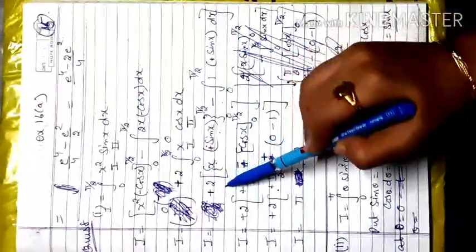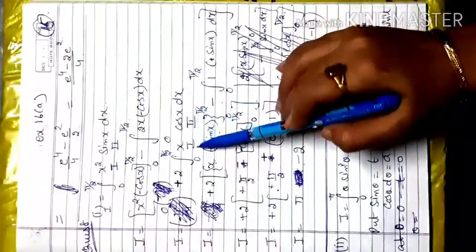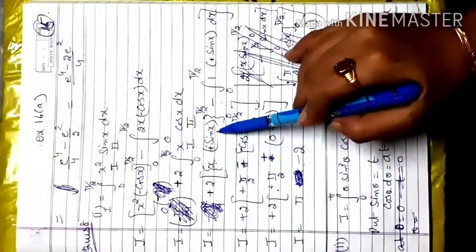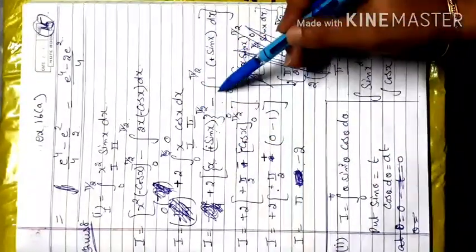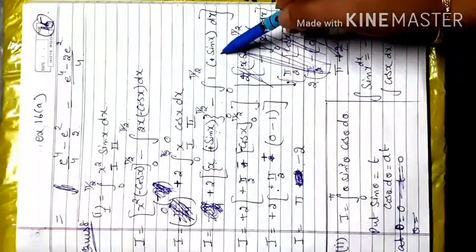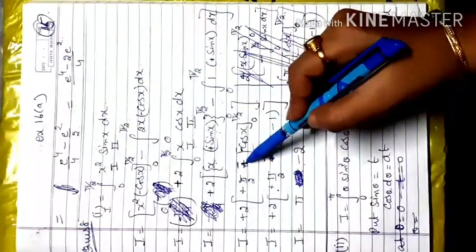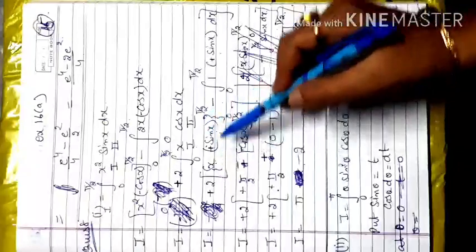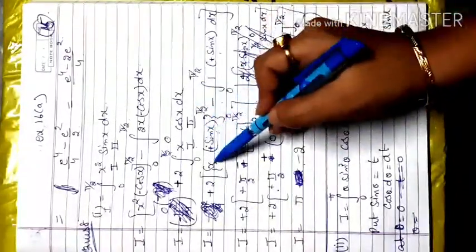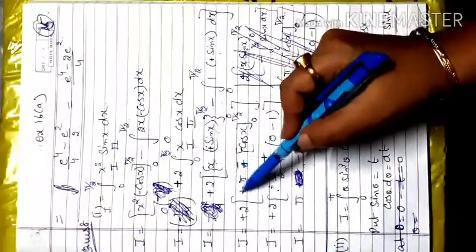So 2 will be taken out. Now here again first function and second function. First function, keep it outside. Integration of cos x is sin x, from 0 to pi by 2, minus integral from 0 to pi by 2 of the differentiation of x, which is 1, so only sin x is left. The negative sign is outside, and when you apply the limits pi by 2 and 0, at 0 all terms become 0, and at pi by 2, sin pi by 2 is 1, so only plus pi by 2 is left here.